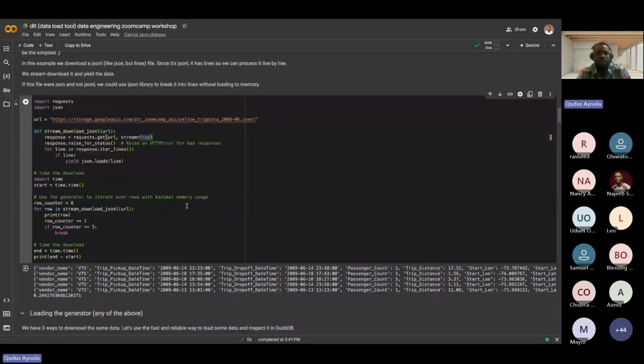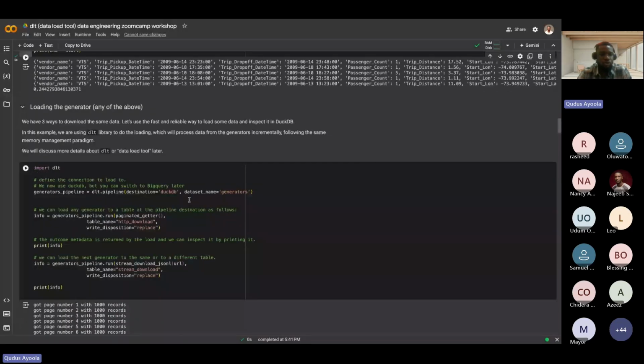DLT can help you manage the number of rows, or use it as a package that helps you decide how many rows should be extracted from your source data without running into an error or memory loss while pulling your data.